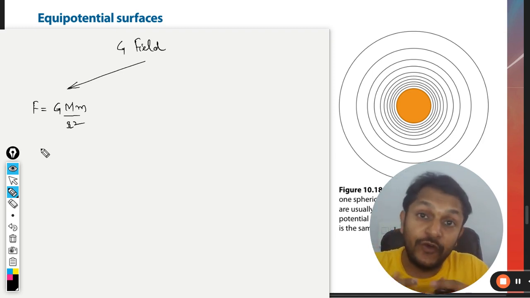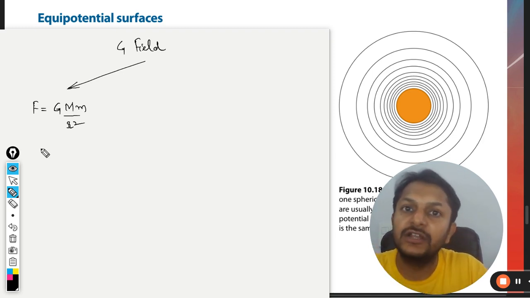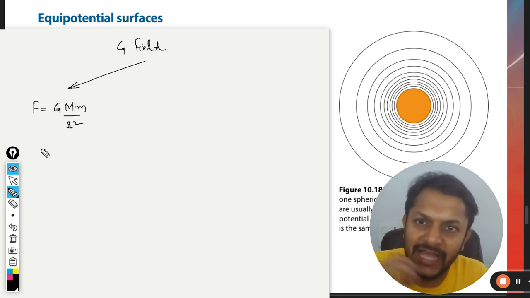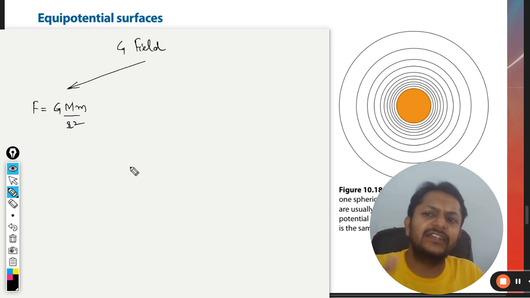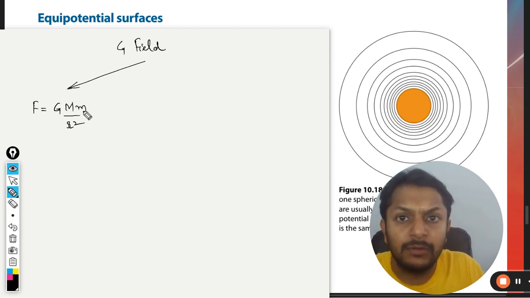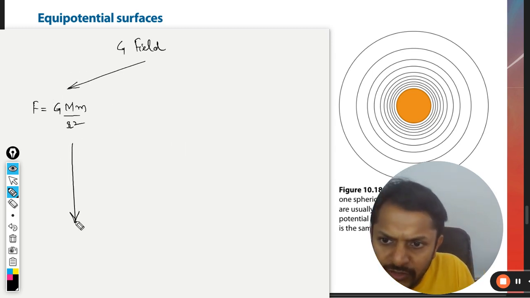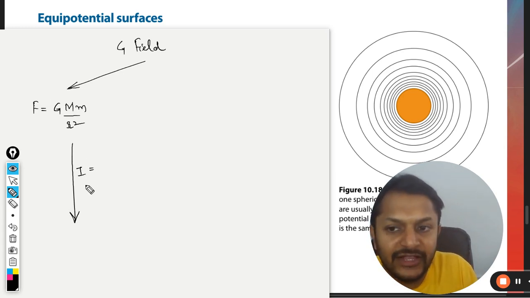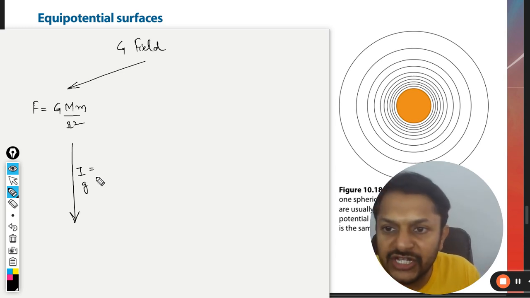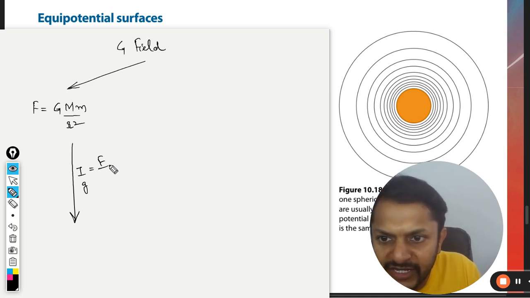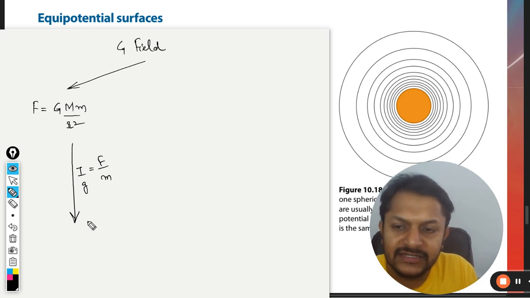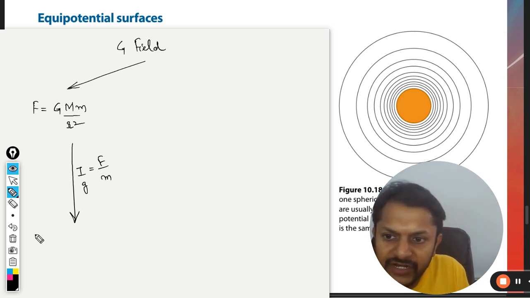If you want to learn about gravitational field, you can start learning about forces like that. But then you find that this mass m is creating problem for you. So the only way to get rid of this is we defined gravitational field strength, or you can call it g, and it is defined as force per unit mass. So accordingly, we define gravitational field strength